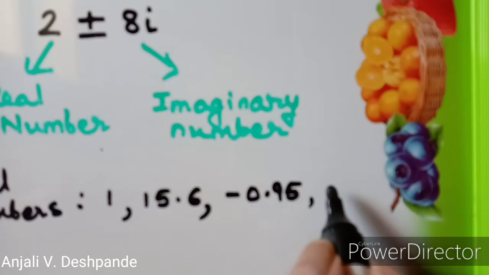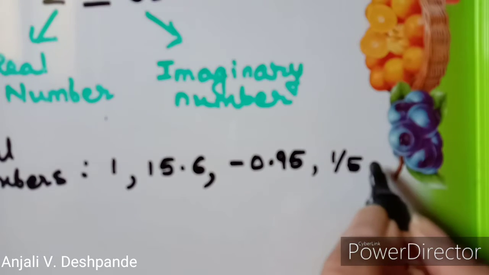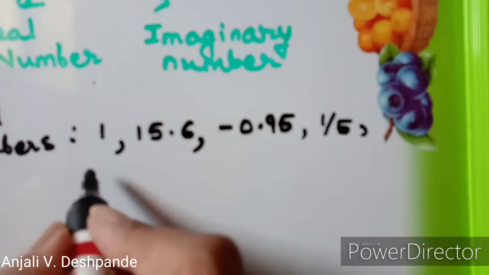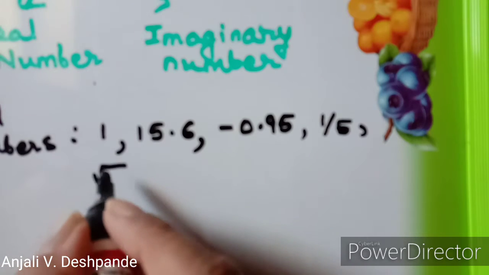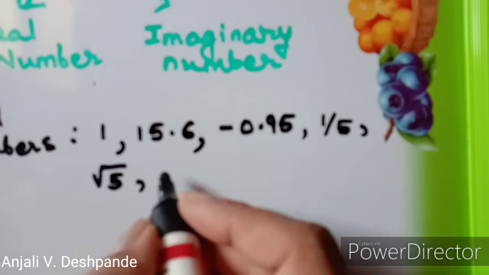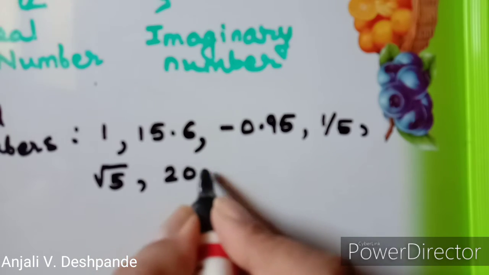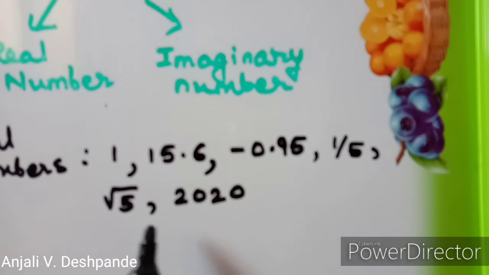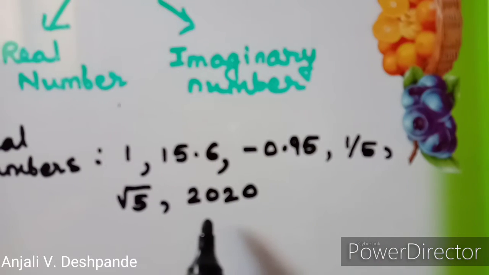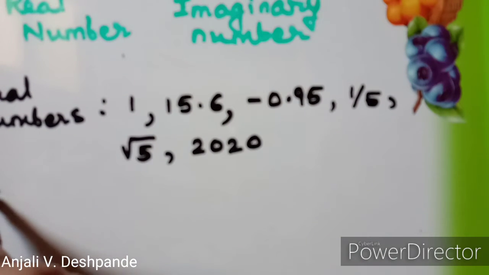Or maybe we can even write a fraction, let's say 1 by 5, then we can write a root, let's say root of 5, then any other number also, a large number, let us say 20. So like this way, these are all the real numbers, and the imaginary numbers,